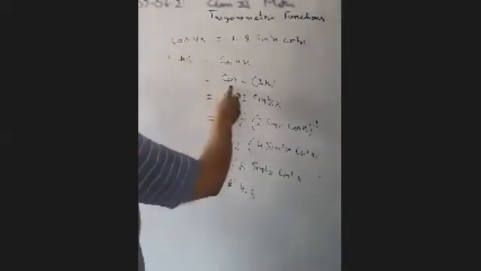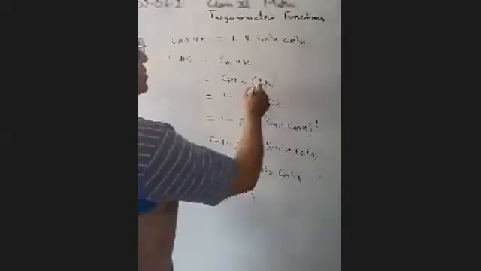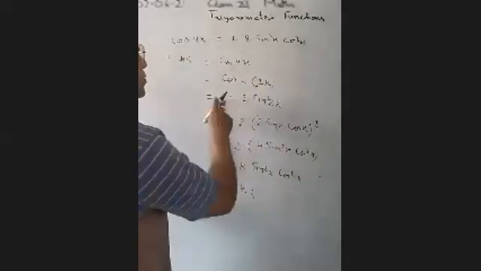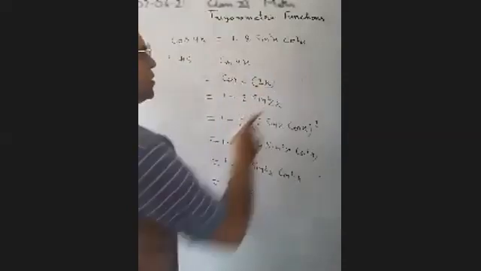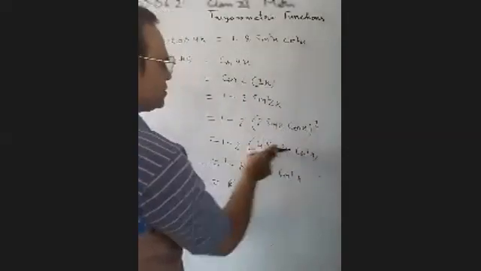So how have we proved that here, cos 4x equal to 1 minus 8 sin square x cos square x. So we have written cos 4x as cos 2 into 2x. We applied the formula of cos 2θ. In place of θ, in place of x, we have 2x. We put the 2x here, 1 minus 2 sin square x. Again, we have applied the formula of sin 2x, so 2 sin x cos x. After squaring, we get this one. After multiplying, we get 8 sin square x cos square x, which is equal to the right hand side.